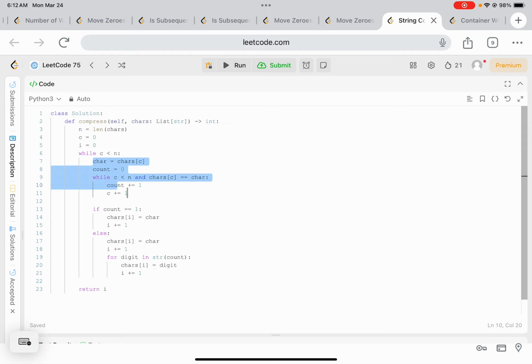the count for the specific repeating character in the array, and if the character count is 1, we just append the character to the correct position in the input array. Anything else, so if the count is more than 1, then we format